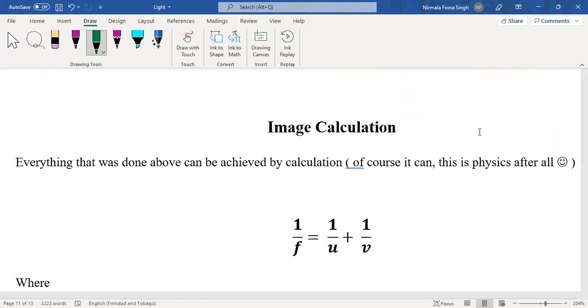And the next lab that we are doing for light will be to determine the focal length of a lens, and our formula for focal length is 1 over f is equal to 1 over u plus 1 over v. Now here you're going to have to use fractions. Pretty sure